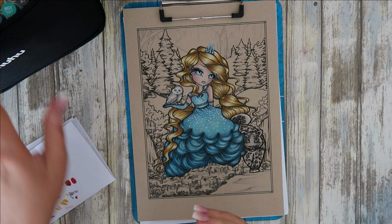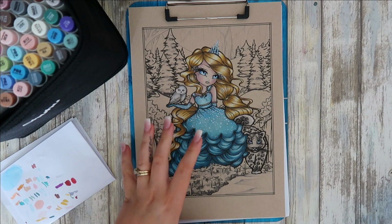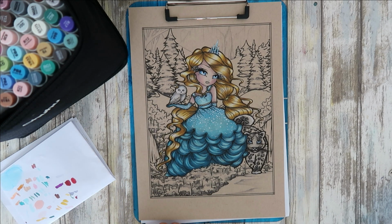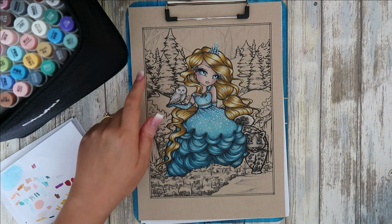I've not actually tried alcohol markers on Tantone paper before, but because it's quite a large area, I want to put alcohol marker over the whole of the background, go over with a very, very tiny amount of shading with Polychromos, and then either a white acrylic paint for the snow on the trees, or I will use,